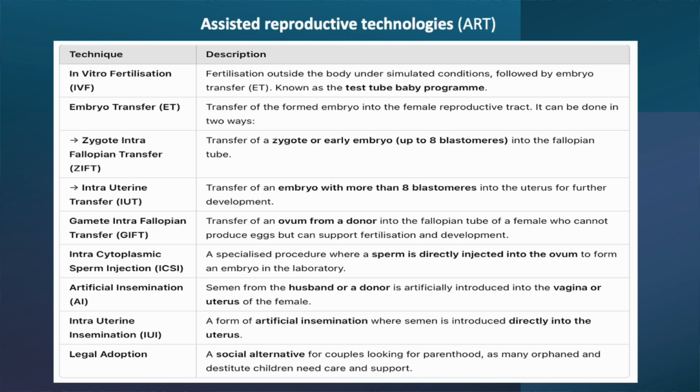Then towards the end of the chapter, there are many assisted reproductive technologies which are explained. Along with that, a very common question is the method of embryo transfer. There are two types of embryo transfer methods explained in the textbook under the heading in vitro fertilization. When you learn this, for MCQs, it has been asked for which type of condition each assisted reproductive technology is used. For example, GIFT is used for a female who cannot produce ova.